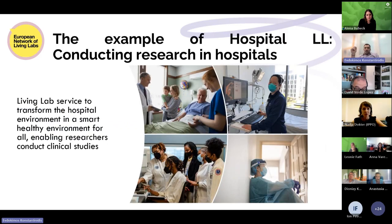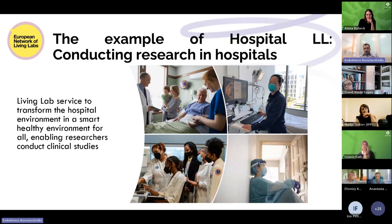Moving towards, I'm going to touch also on how we do research as an association with our members for the same-day Living Labs, not using the Living Labs, but for the same-day Living Labs. We have a problem as Health Living Labs. It's very difficult for us to access hospitals and healthcare unit structures in order to conduct experimentation there, which at